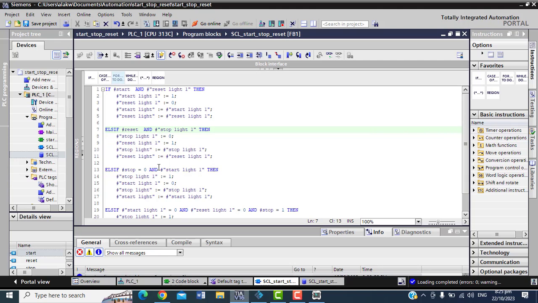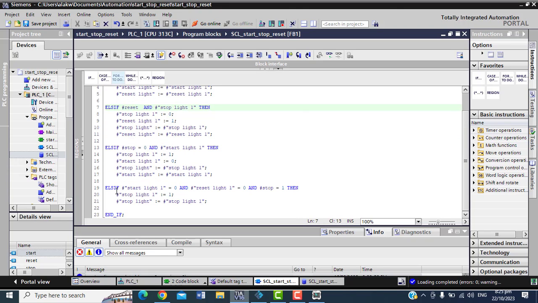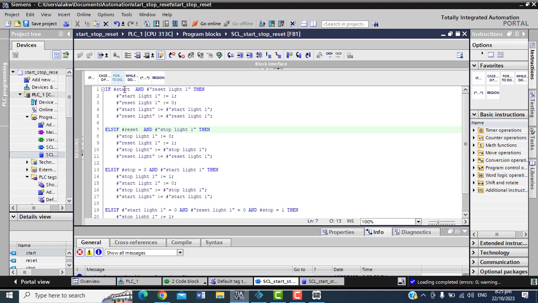Okay, so see here now. You know, see the waiting I can add again. If all these things happen, there's another condition. For the starting, we say if you press the start button and the reset light is on, right?